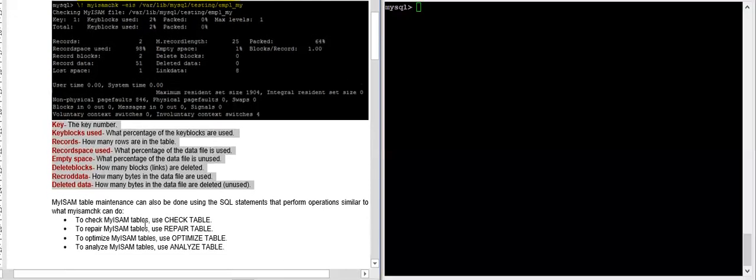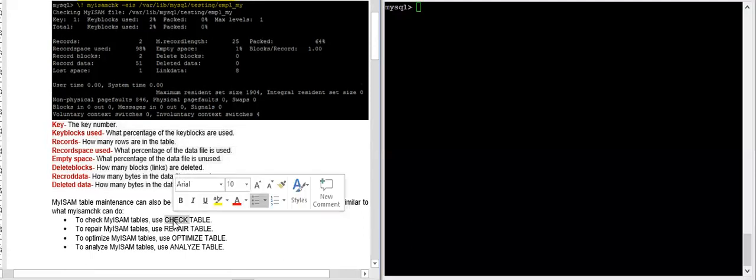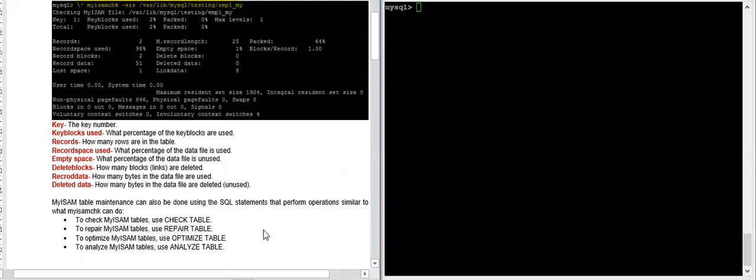I mean to say one more utility, not utility, but it's a MySQL command. There are lots of other MySQL commands that do similar kinds of activities, like check table. When any MySQL table is crashed, you can check the table first. Then, if it is crashed, you can repair it. And two more commands you can see in the left window: optimize table and analyze table.